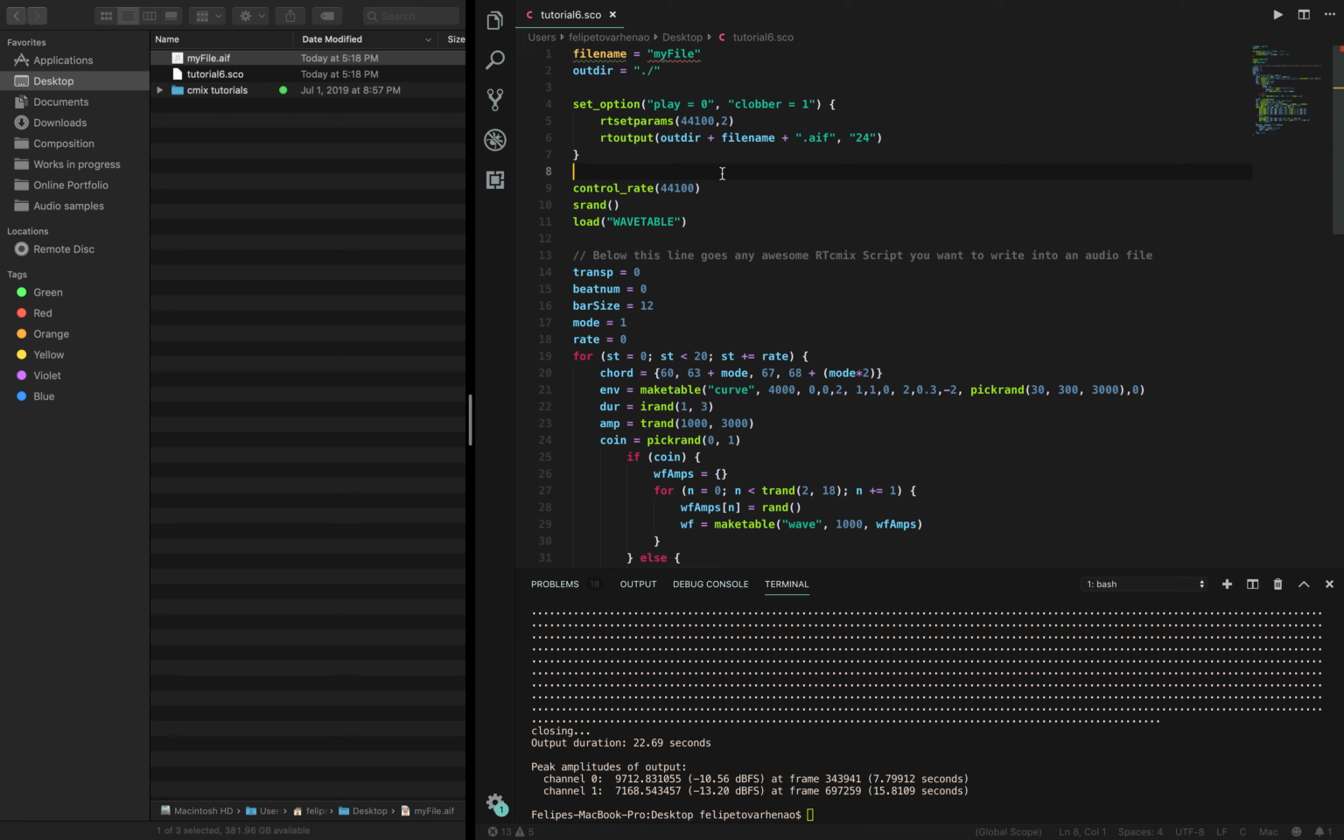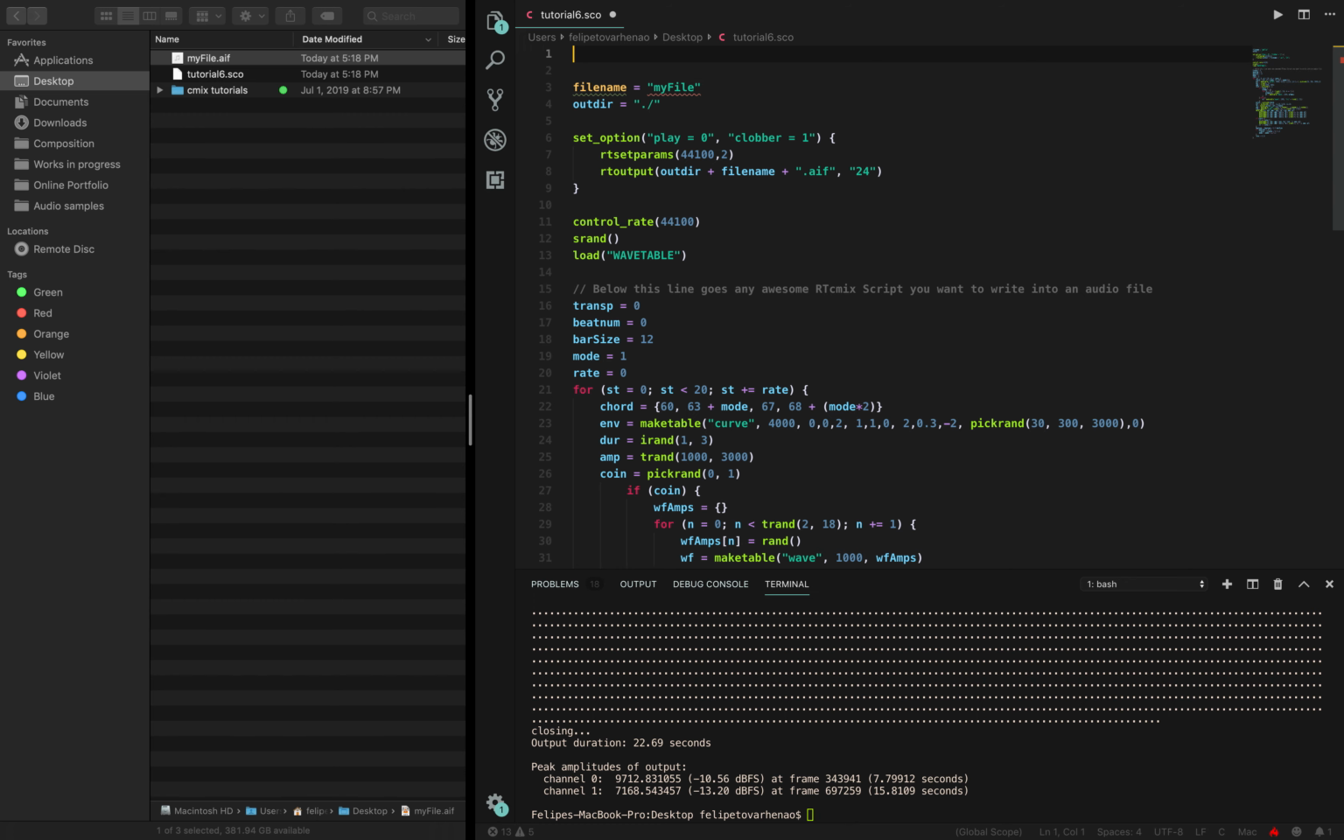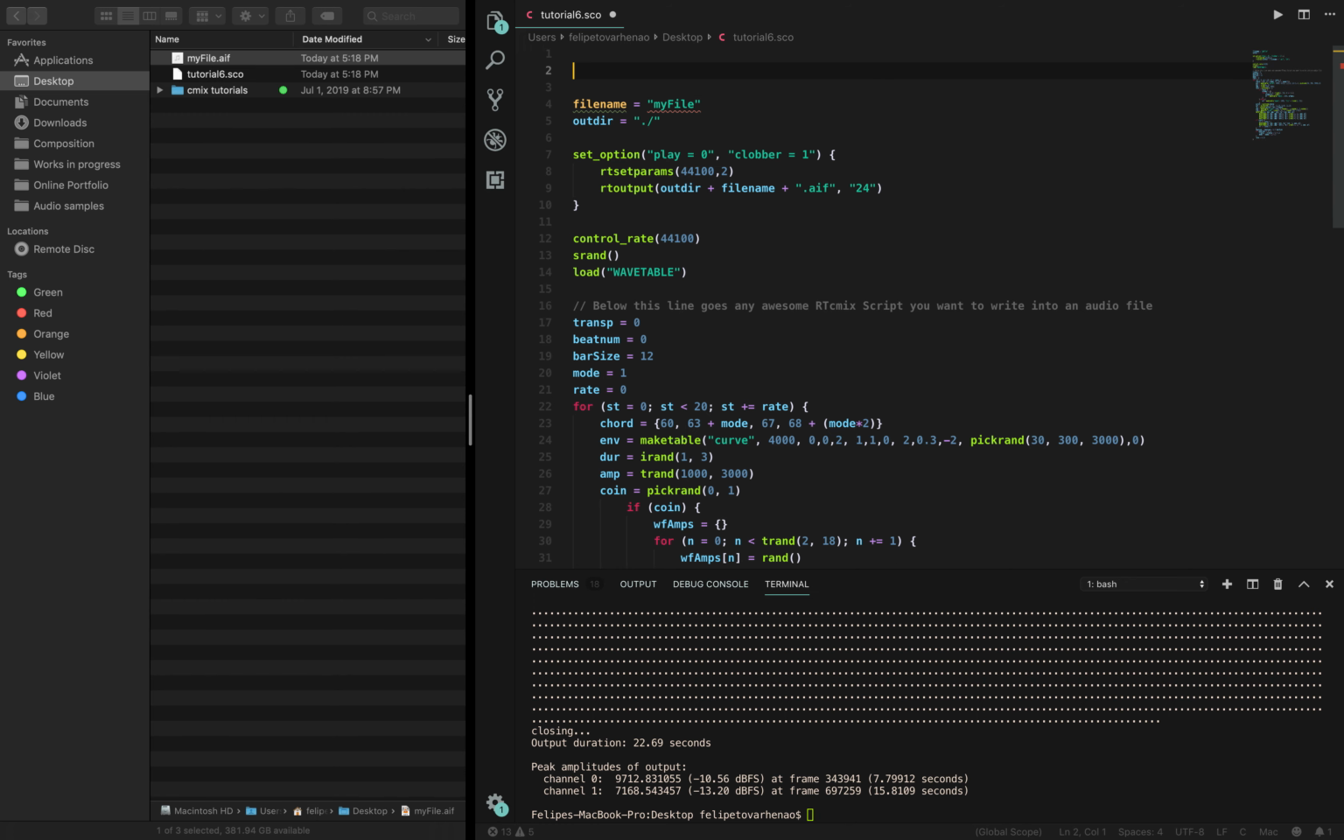And one thing I would suggest to do is allowing yourself to go back and forth between tweaking with your code and writing what you have into a sound file. So we can do this by using an if statement to determine whether we want to write the file or not. So we can create a variable called write, and for now we can set it to 0, and we can say